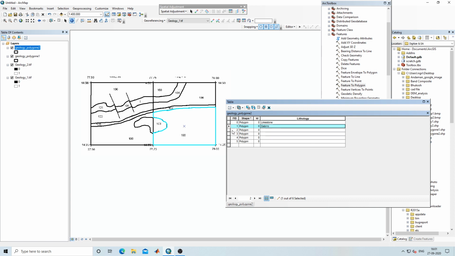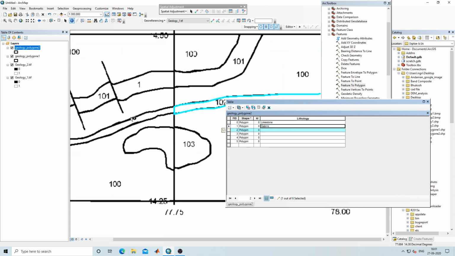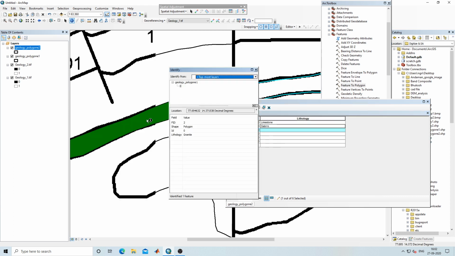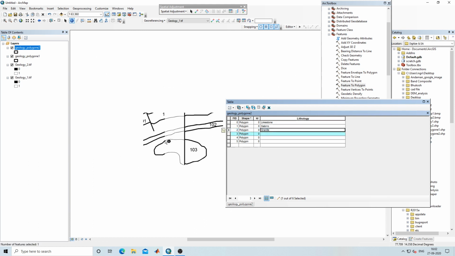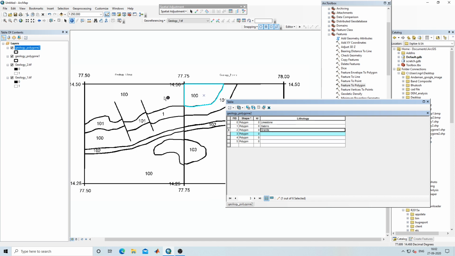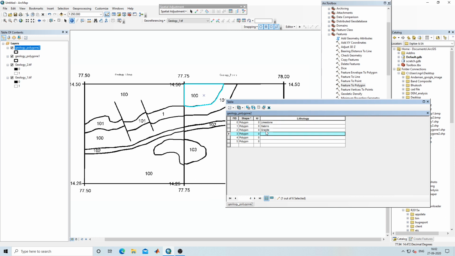Then this is 102. 102, if I show you, is a granite. So I will add here granite. Then this is 100. 100 number is our gabbro. So again I will add here gabbro.